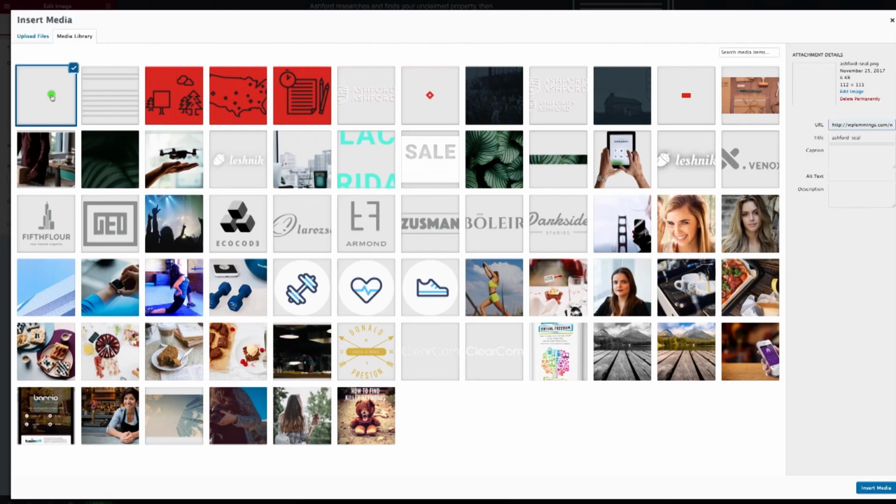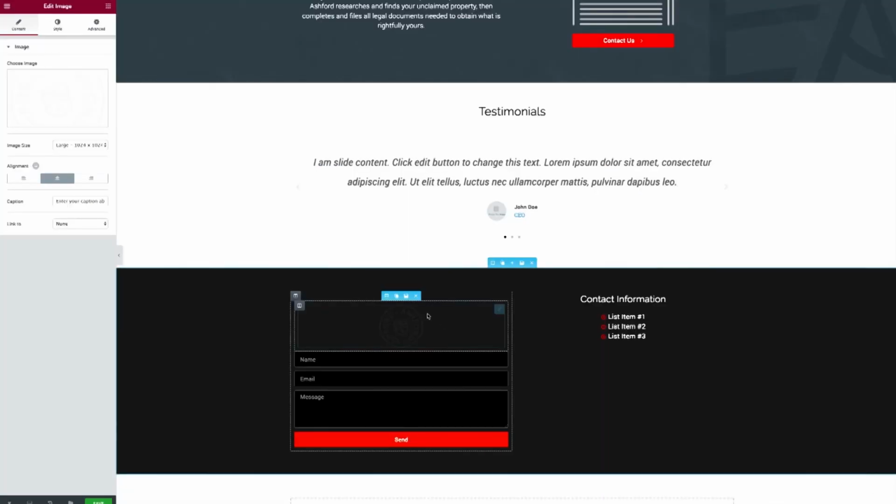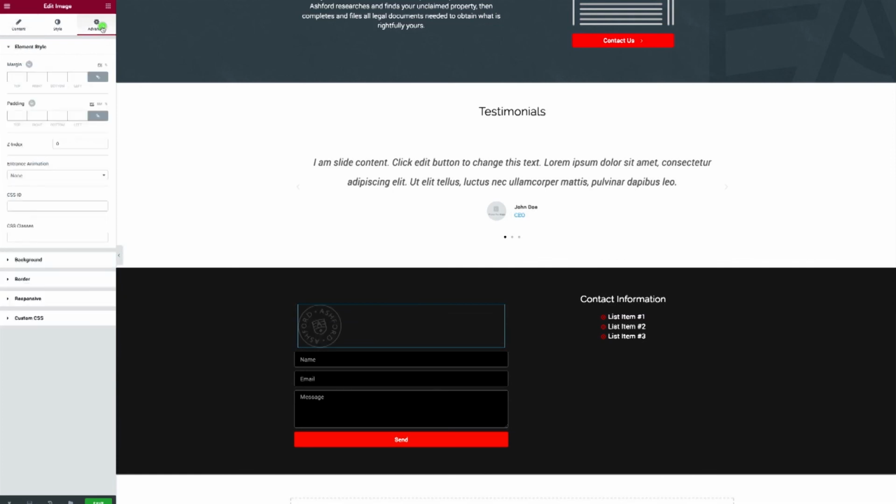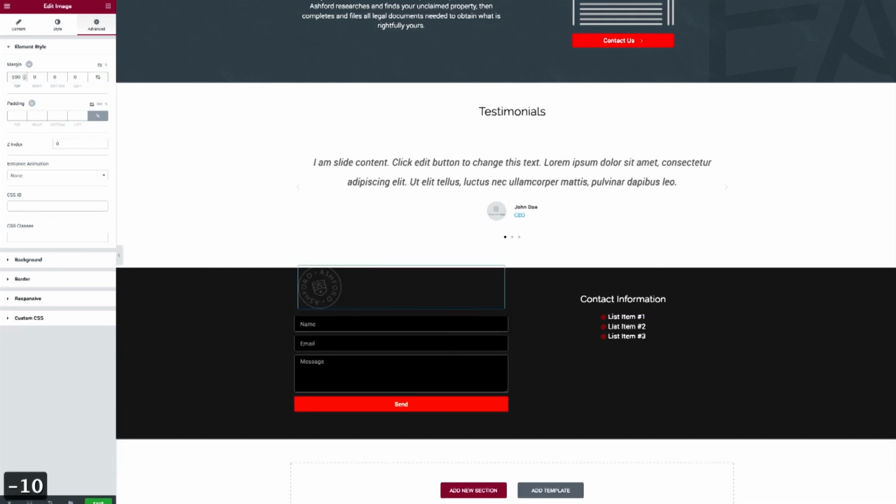We don't need 2 columns, I just want to put an image element in here. And then we have their seal. I believe that's their seal. You can't see it because it's a PNG. And we want to left align that. And then we want to put a huge negative margin on it, which moves it outside of an element. So watch this. This is really cool. Let's do minus 100. Minus 150, and then